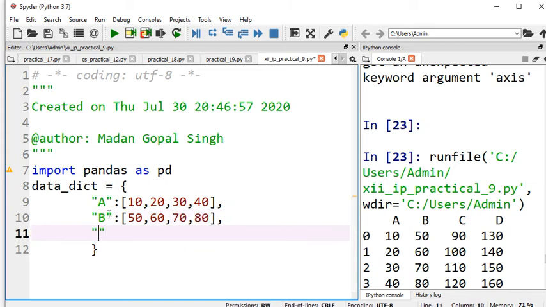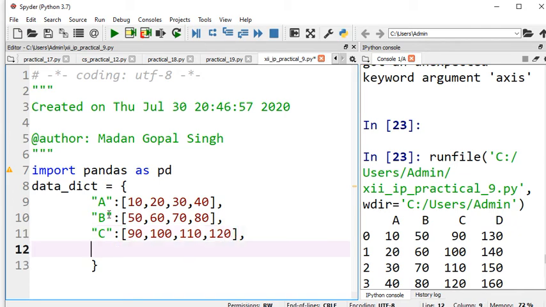And then column c, let's suppose it has 90, 100, 110, 120. And then column d, let's suppose it has 130, 140, 150, 160. Okay.